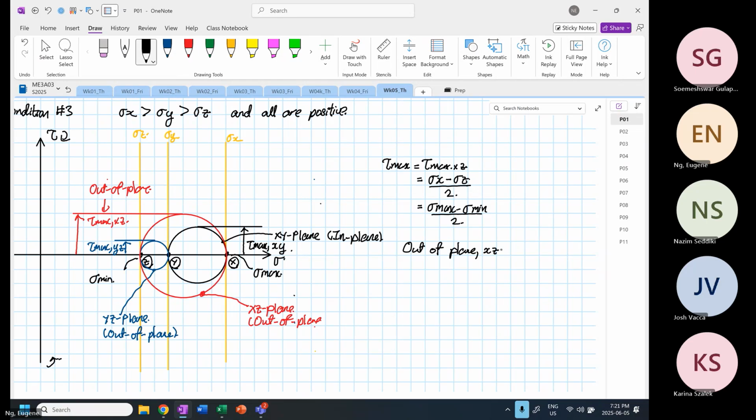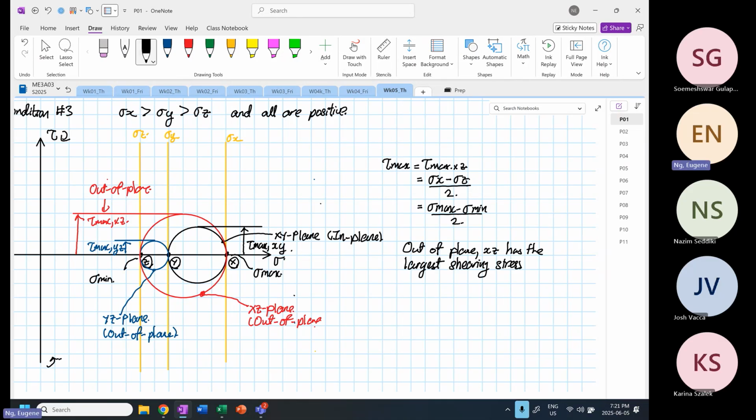So for this case, what you realize is that the out plane XZ has the largest shearing stress. Okay. So now we are going to